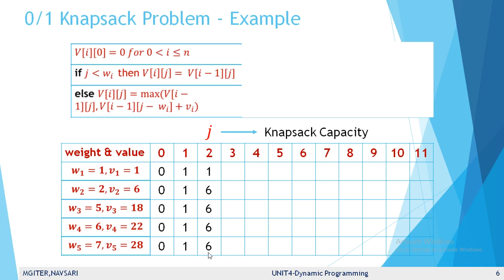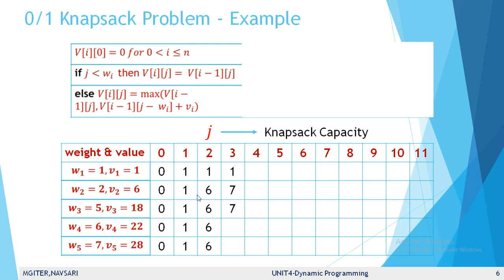Now in the next column, the capacity of the bag is 3 kg. So here we have only one option. We include the one item with a weight of 1 kg and a value of 1 rupee. So we write 1 here. Similarly, the capacity of the bag is 3 kg and we have two choices, with a weight of 2 kg and a weight of 1 kg. Here we include both objects because the capacity of the bag is 3, and the value of these two objects is 6 plus 1, which is 7. So we write 7 here. In the further rows also we write 7.